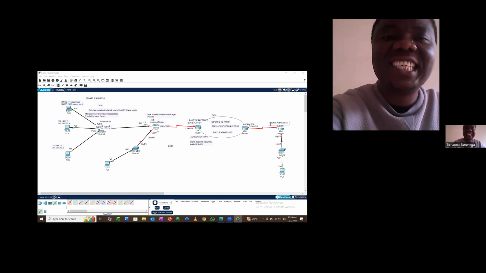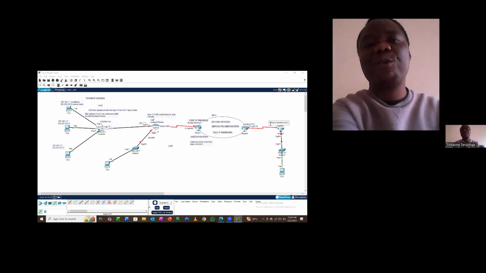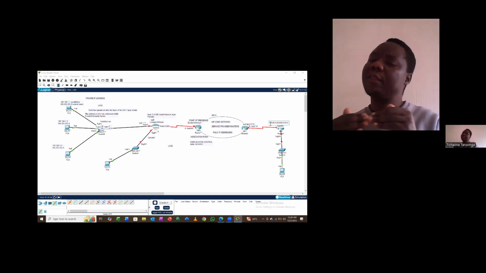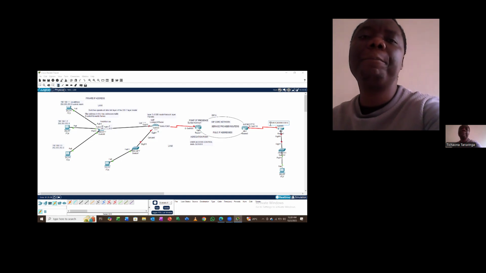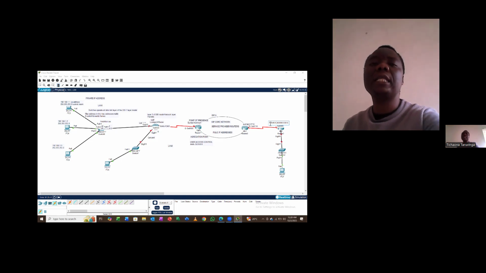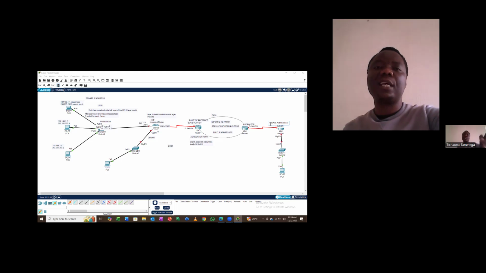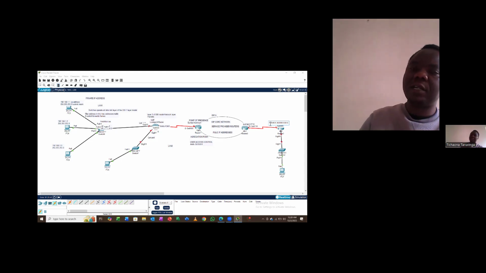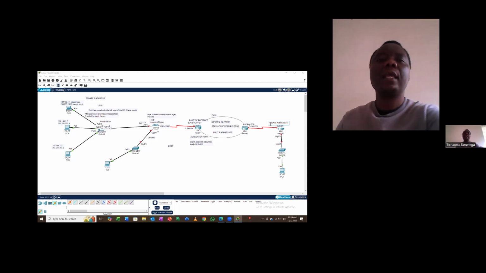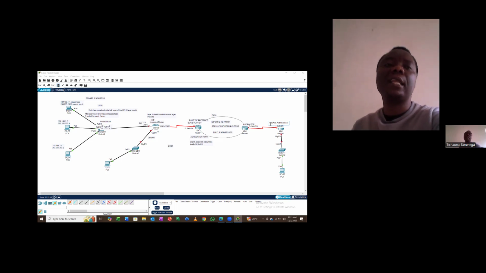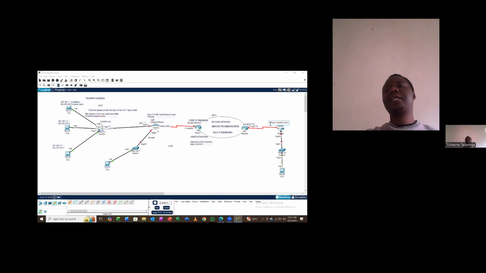So when the NAT translation happens, there is a table that is created to keep a record of the translation, so that when it is now a backward communication, the router will simply refer to the table and say, okay, what was my previous translation? I translated from this to that. Then how am I going to translate back? I'll simply use this IP address, then it translates, so that the packet can now be delivered to the correct